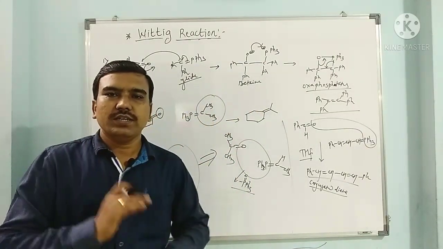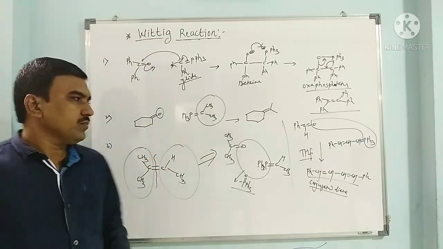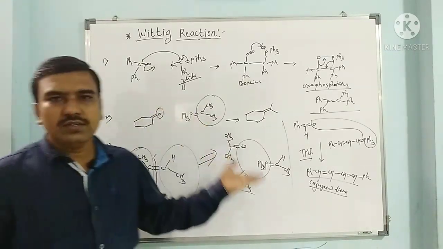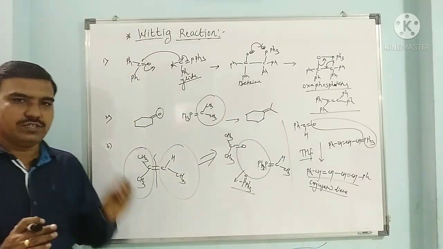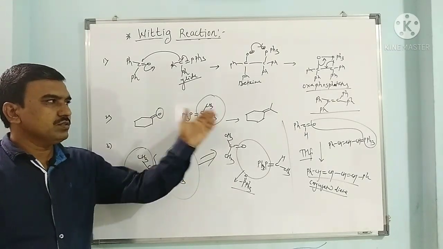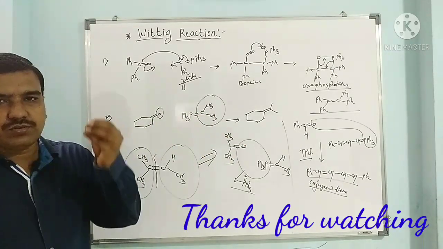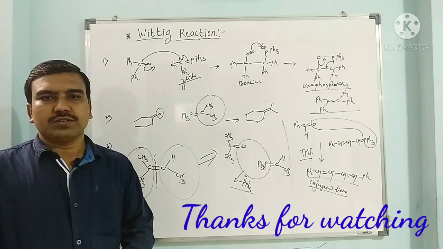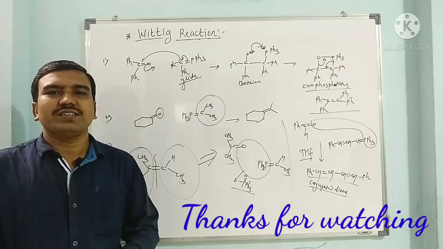So any suitable alkene we can synthesize using the Wittig reaction. A particular kind of carbonyl compound we can take, and it can react with a particular ylide. So by selecting a suitable carbonyl compound, that is aldehyde or ketone, and a suitable organophosphorus reagent, that is ylide, it gives our desired alkene as a product. So in this way the simple oxygen of the carbonyl compound is replaced using an alkylidene group, giving an alkene as a product. So this is a very important reaction for the synthesis of suitable alkenes. Thank you.